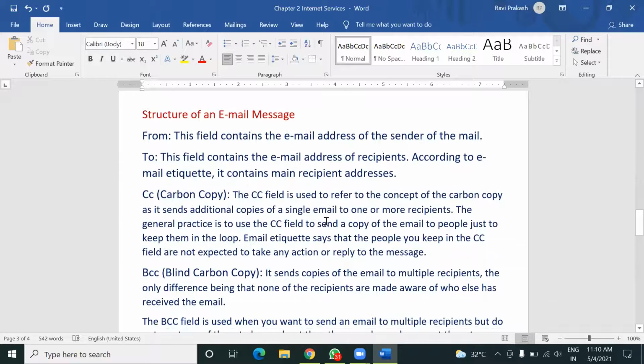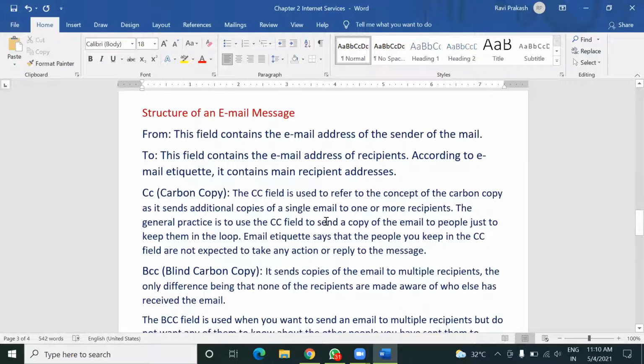Okay, now next is the structure of an email message. All of you know now how to create an email account. Yes, sir.